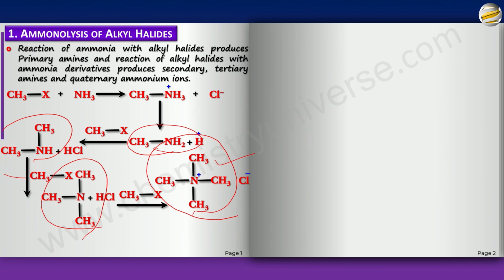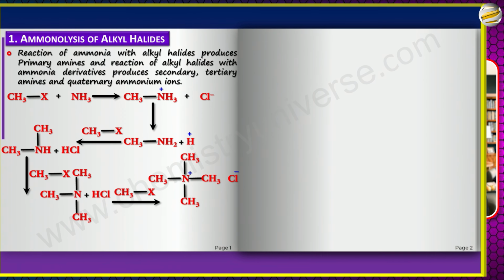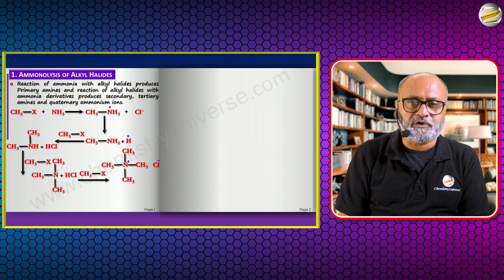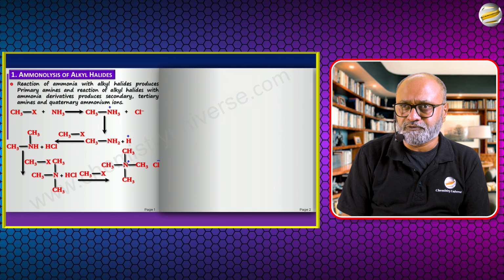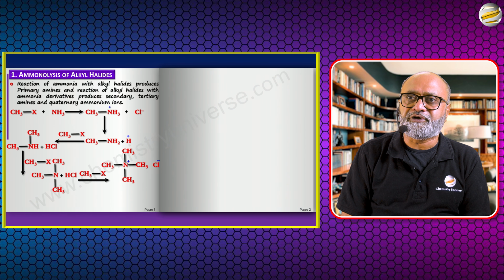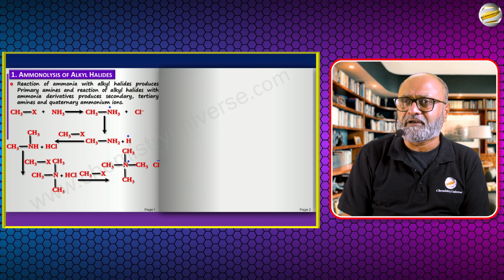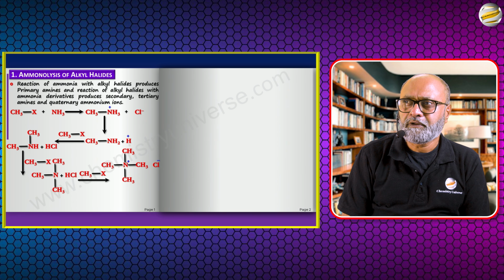So when do you think, suppose I only want primary amine, just think about this. Suppose I only want primary amine, I don't want all the others, or maybe I want them in such a small amount that they should be insignificant so that I can get a good yield of primary. What do you think I should do? And at the same time, if I want quaternary ammonium ion, I just want quaternary ammonium ion, I don't want any of the ones in the middle. What do you think I should do? Think about it. Pause the video. Think about it.